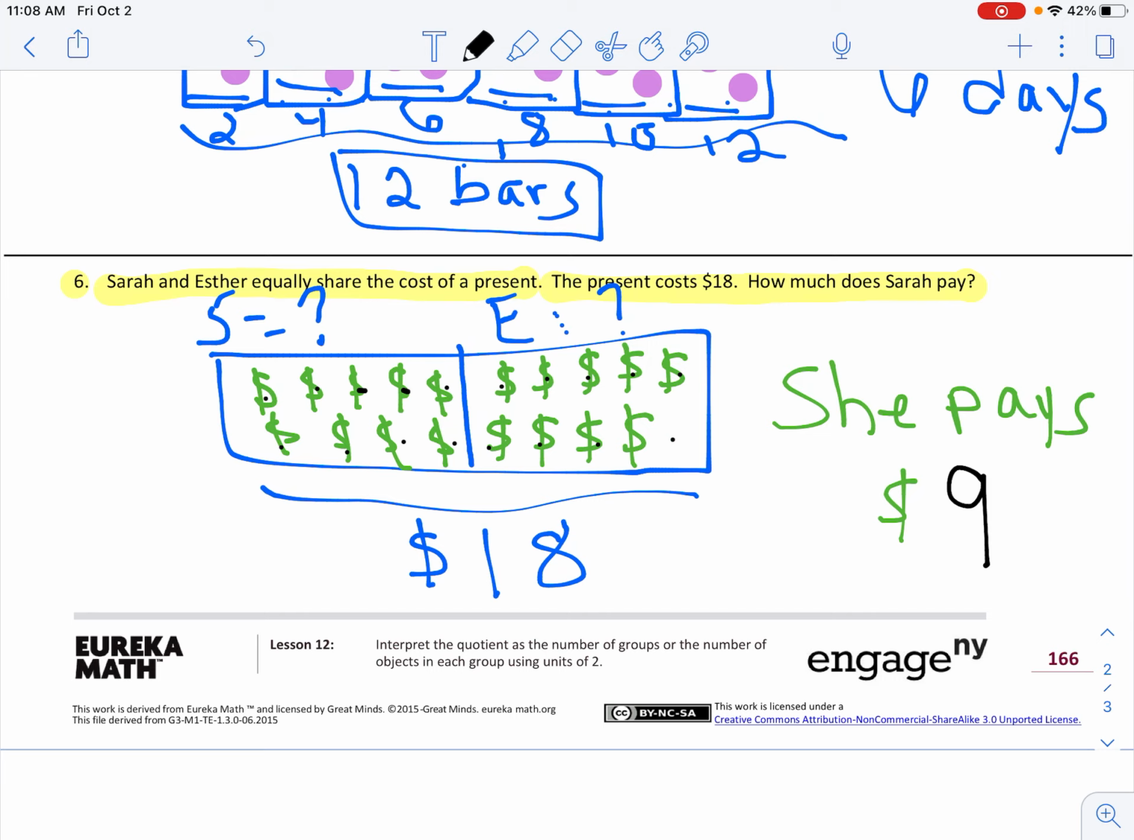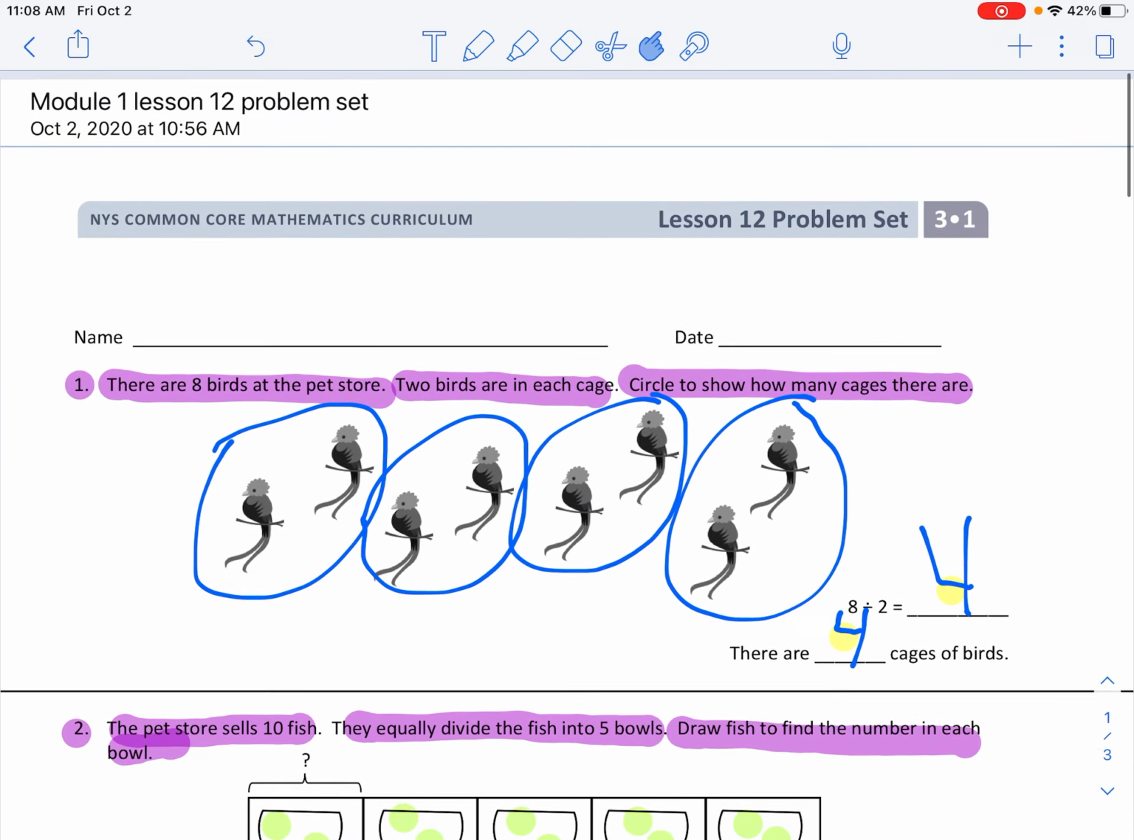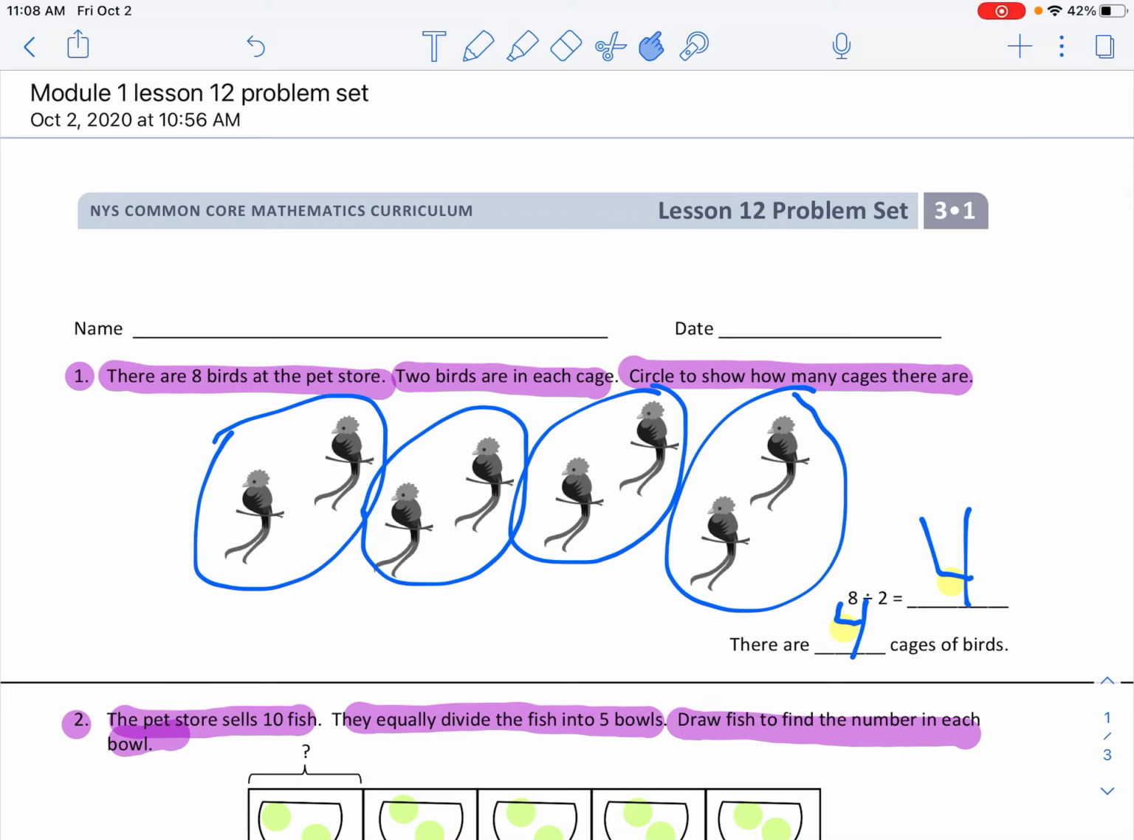Esther also pays $9. So while you're doing your homework page, if you get stuck on one of the ones that is on your homework page and you're not sure what to do, you can come back and check the video again to make sure that I gave you the right directions or that you have an idea of what to